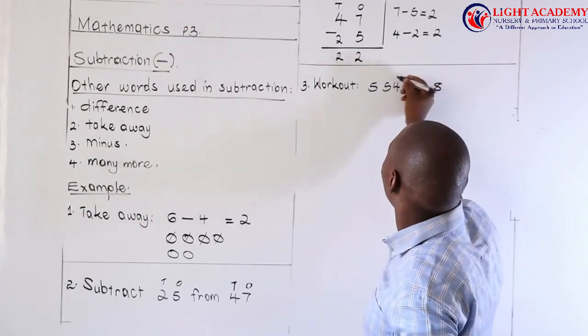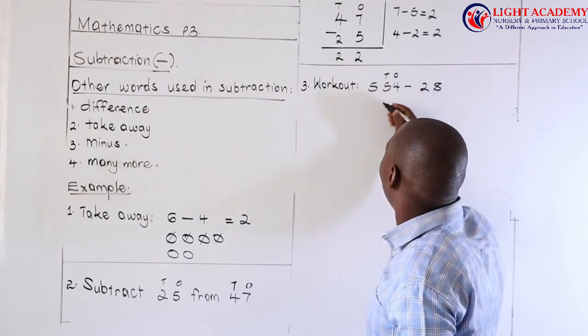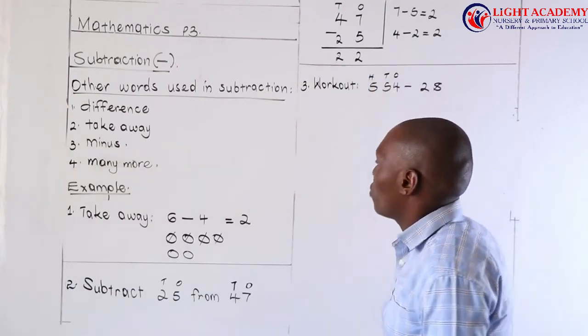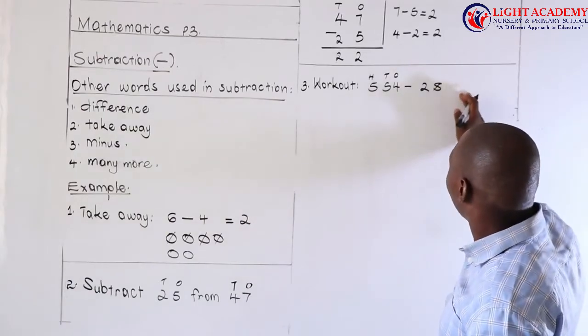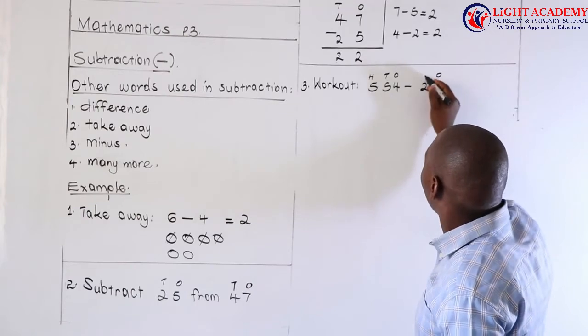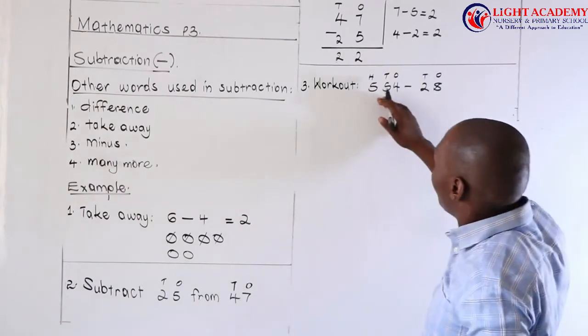So number 4 is under the 1's place value. Number 5 is under the 10's place value. The other 5 is under the 100's place value. When you go to 28, from the right, number 8 is under the 1's place value. Number 2 is under the 10's place value. So from here, I will first write the bigger number, which is